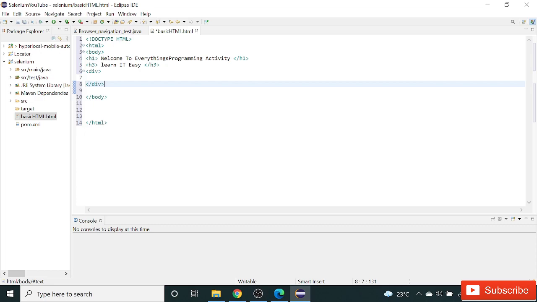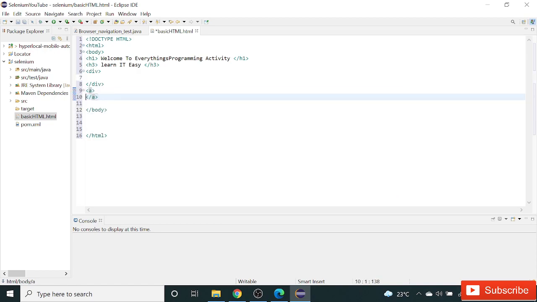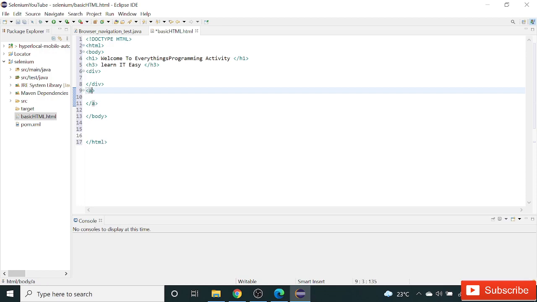Let's say the first attribute I want to add to the a tag is a link, href. Href is the location that the link is pointing to. So let's add some URL over here.